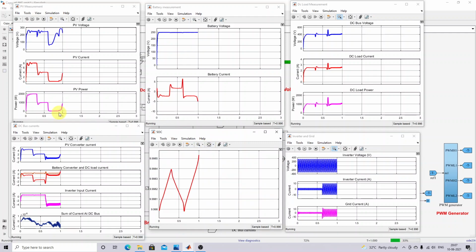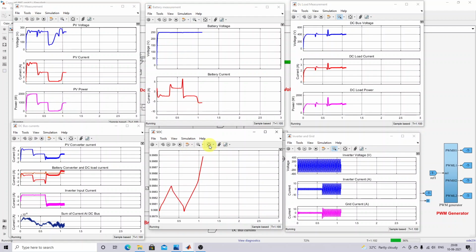here you can see that because of the change in irradiation from 10 watts per meter square to 500 watts per meter square, the PV power settles around 1000 watts, but the condition is not satisfied. When we created the condition, both conditions must be true for the current reference to change, right? So only one condition is true, that means the PV power is more than 100 watts, but the SOC of the battery is still less than 10 percent. So then it receives the power from the grid, right?